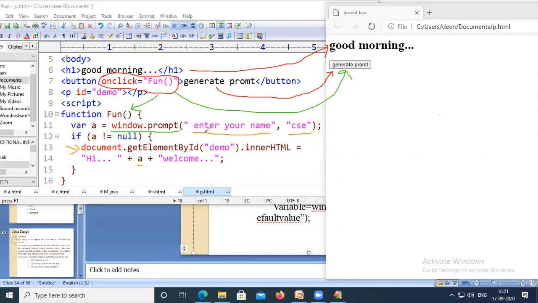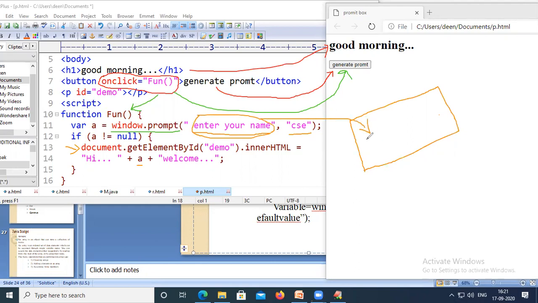So the expected output when somebody clicks on this generate prompt is, there will be a prompt box, and on the prompt box this enter your name text will be displayed.